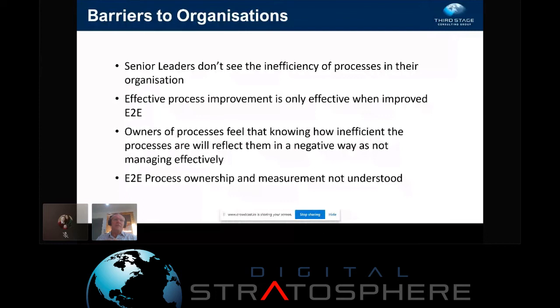Many times I've worked with different divisions of organisations, and they come in and they go, I want you to look at our processes, and we want to map them, and we want to fix them. And you go, well, you have an input area, or an area where another division feeds you information, service, whatever, and you have an output. So your piece you could improve, but how do you know that, if you're part of an end-to-end process, just improving your piece doesn't actually add value